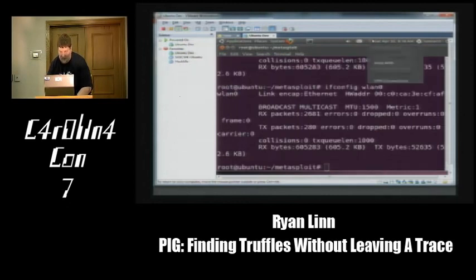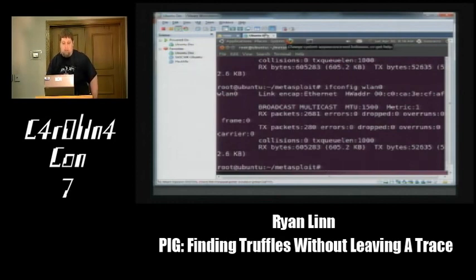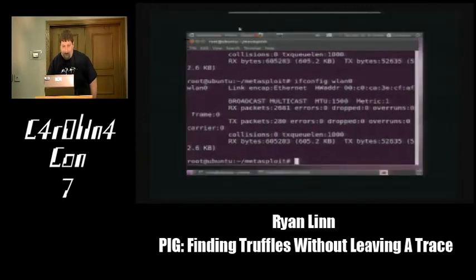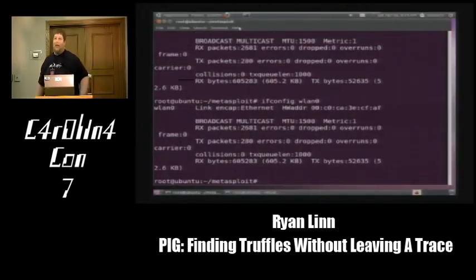I was looking around earlier at the Capture the Flag network, and I noticed that there was actually quite a bit of traffic there. So one of the things we're going to be looking at is the people who are playing Capture the Flag, and what information they were giving away.